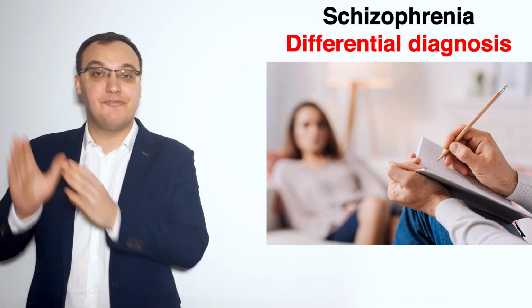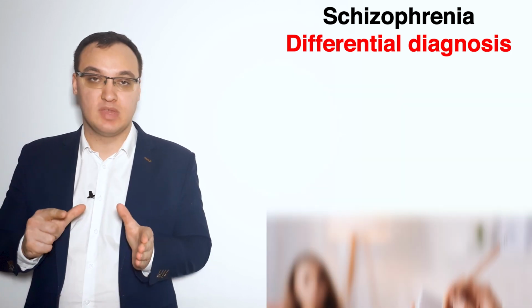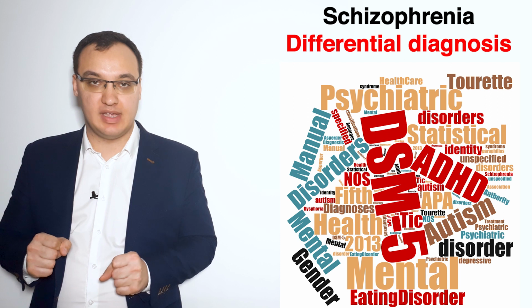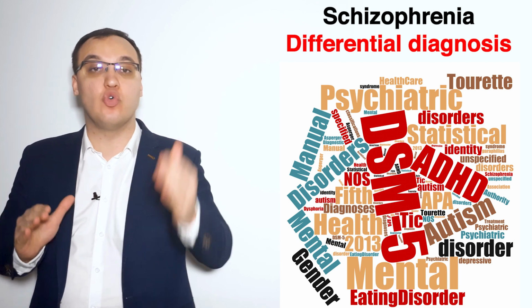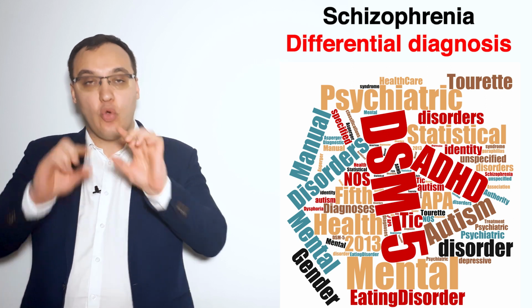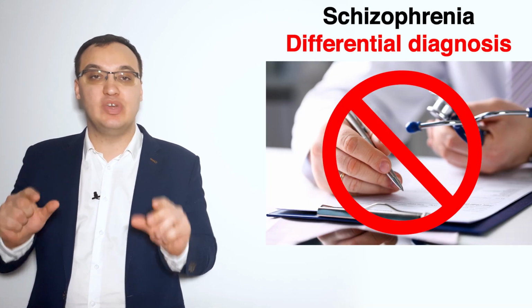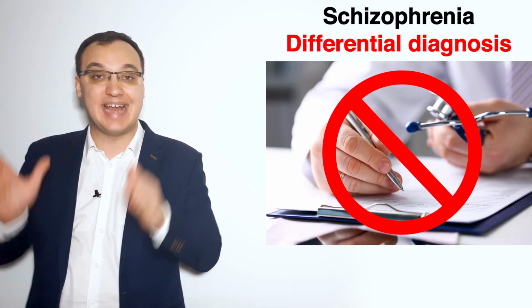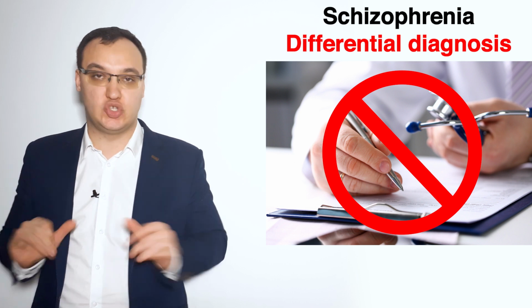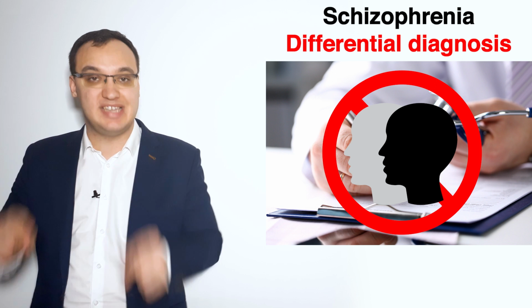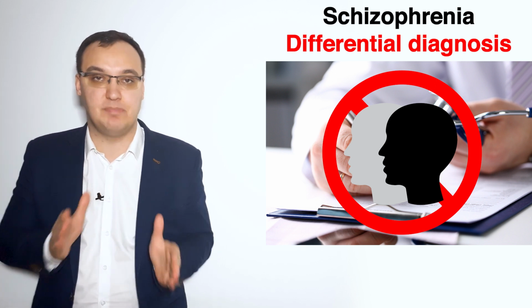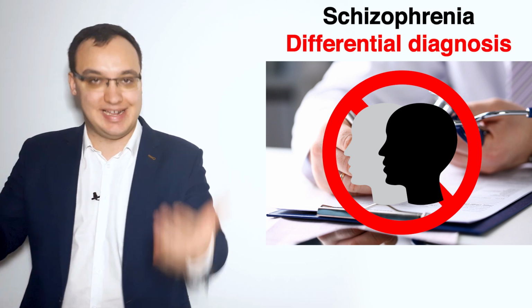Hello, today we'll deal with the differential diagnosis of schizophrenia. We dealt with DSM-5 criteria in another video. That means we diagnose patients with schizophrenia with a criteria called DSM-5. And one point in that is saying that we need to exclude other diseases that could have similar symptoms to schizophrenia, but they are not schizophrenia. There are many diseases. And today we'll deal with these diseases. We will differentiate between these diseases. And this is called differential diagnosis.